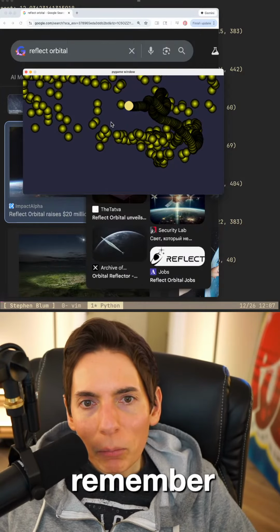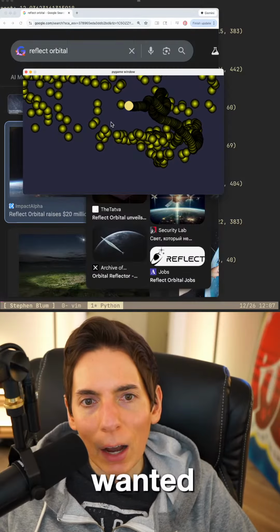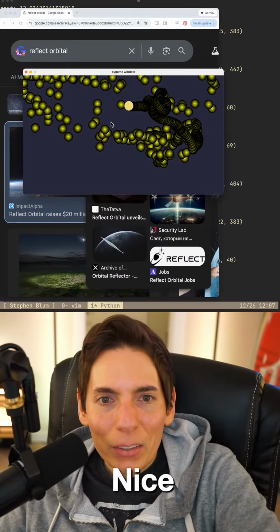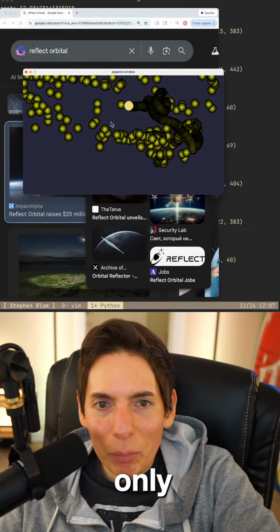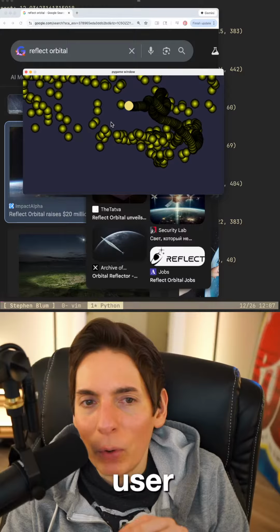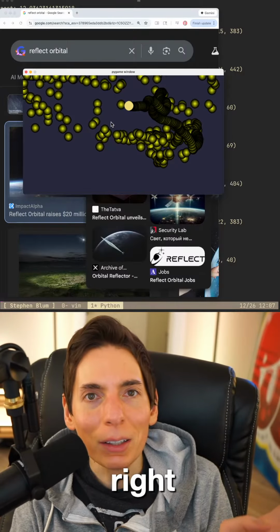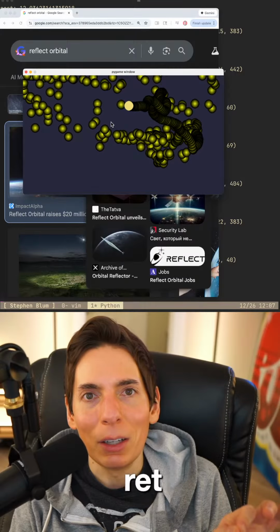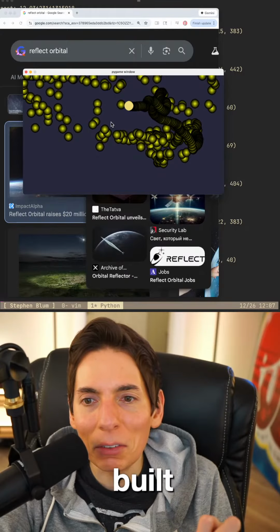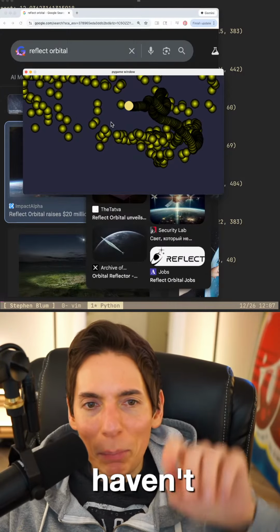You remember one time you coded a toy because you wanted to learn, and now it's your favorite disassembler to use. Nice. If you use it and you're a regular user, that's like infinite retention, right? Infinite user retention. The lifetime value of that product that you've built is essentially infinite because you keep using it.